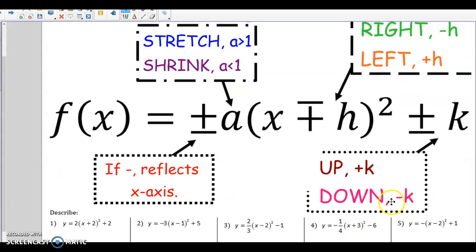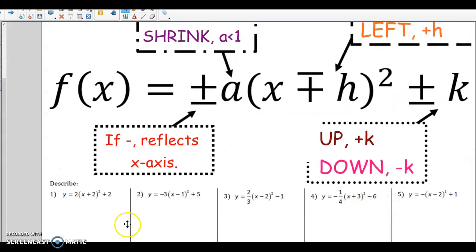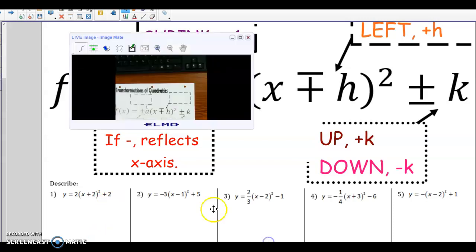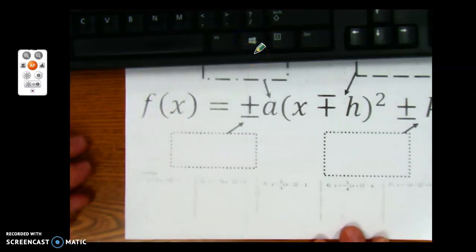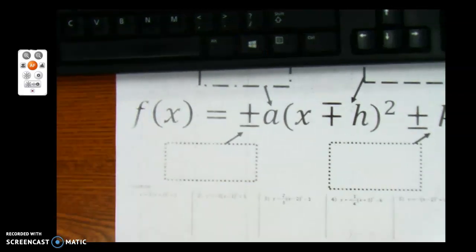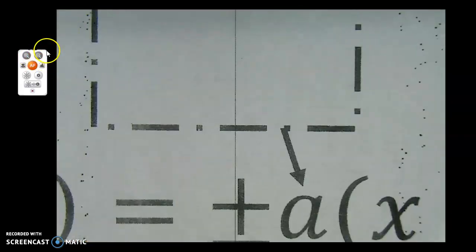All right, now let's scroll down a little bit. So we need to look at how we're going to describe the transformations here. And I'm going to actually switch over to my real document here to do these. All right, so in the first problem,